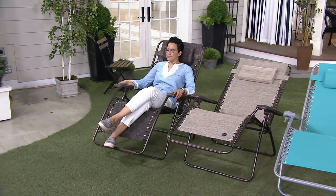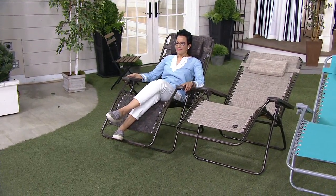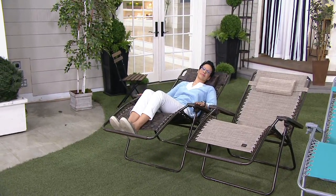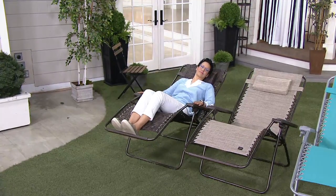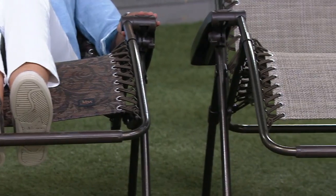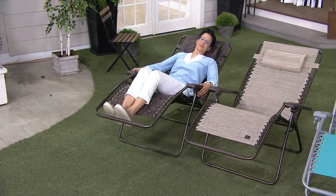One of the features that I love about our chair, Rachel, is that gravity-free feeling. And for people that don't know what that means, gravity-free means that there's no pressure points. You have no bars that are protruding into your back or under your legs, right? And that means your body weight is evenly distributed throughout the chair, so you get that weightless feeling. And that's what gravity-free means. But it doesn't stop there, because when you're in the fully reclined position, I know we're on a bit of a delay, but I'm actually seeing you in the fully